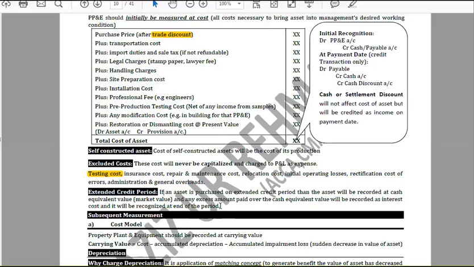So if an asset has been purchased on extended credit period, meaning on installments, then the asset will be recorded at cash equivalent value or market value, and any excess amount will be recorded as an interest cost. For example,